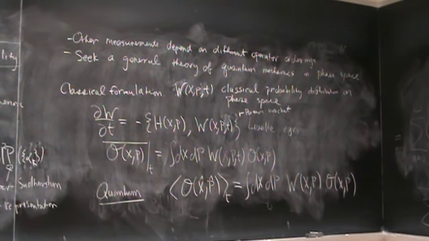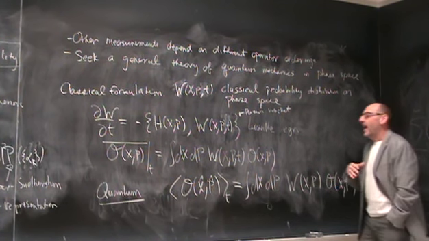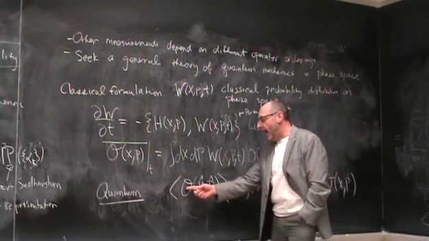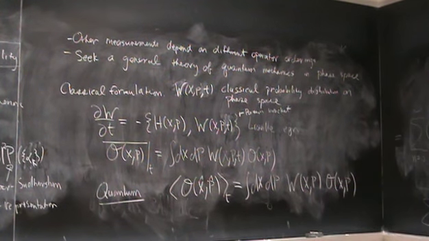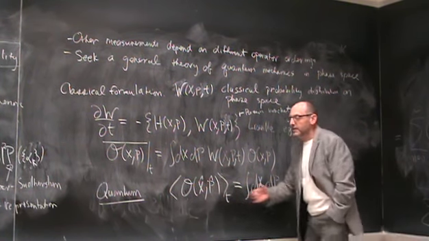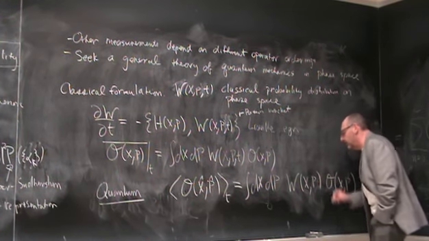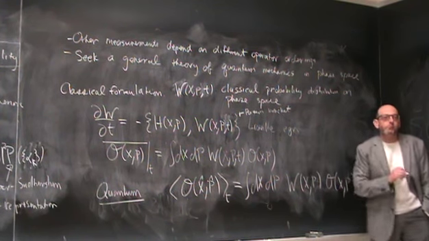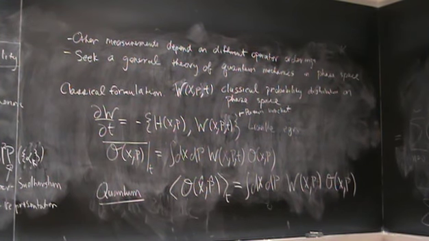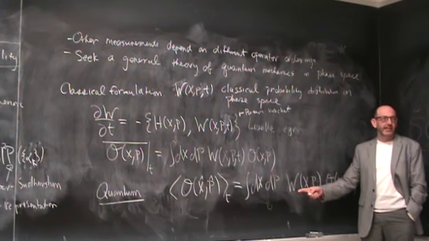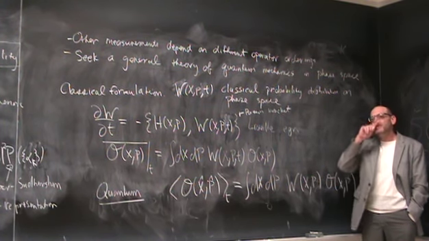And so what we seek in our quantum description is a representation like this, such that if I have some operator, which is a function of x and p observables, and I wanted to, for example, ask what is the expected value of that at some time t, then what I want is this to equal that. Okay? And of course, we do that all the time in either x or p,